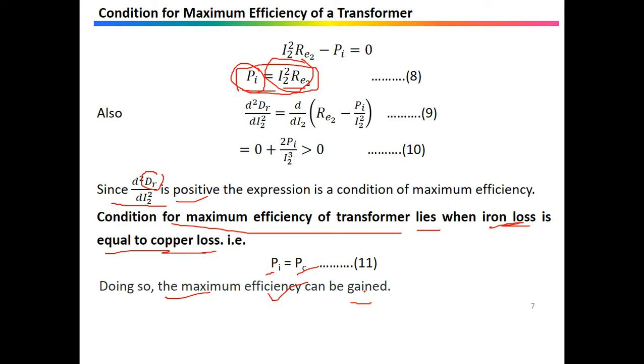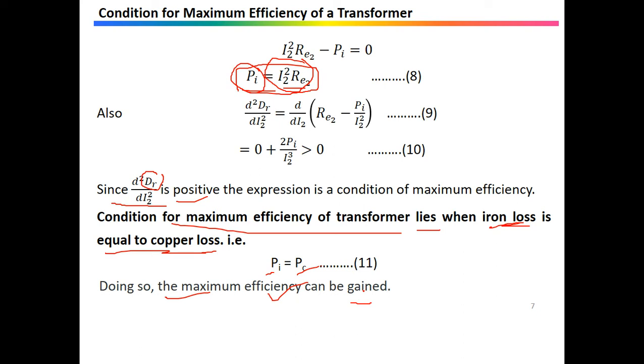There are certain points that should also be understood, and should be known to the readers of the transformer: the efficiency is usually less than 1, and it is often expressed as a percentage. Generally we have to write percentage. If it is 1, that is a 100% efficient transformer, that is, the ideal one. But practical transformer efficiencies are generally quite high in comparison to other electrical machines and electronic devices, that is motors, generators, on the order of 90 to 98% or 99%.